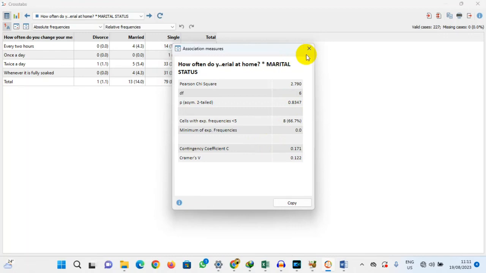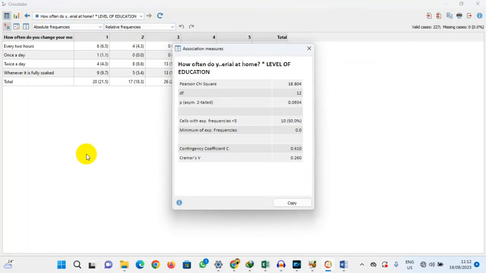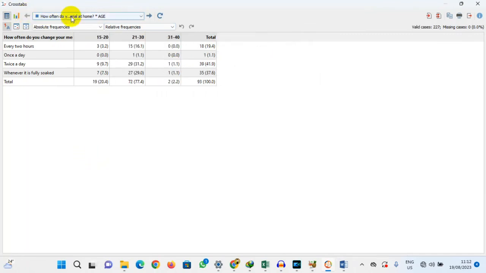But usually in most cases in research, they are using a test value of 0.05, which is 5%, which signifies that only 5% of the sample population has deviated away from the mean value. So let's look at level of education. Let's look at association of measures. We have 0.09, which is still greater than 0.05. Yes, still greater than 0.05, which is still not acceptable. That's 9%. Okay, we look at age,